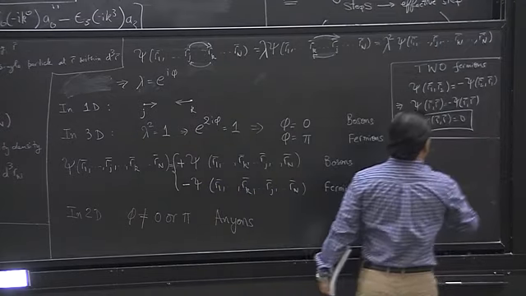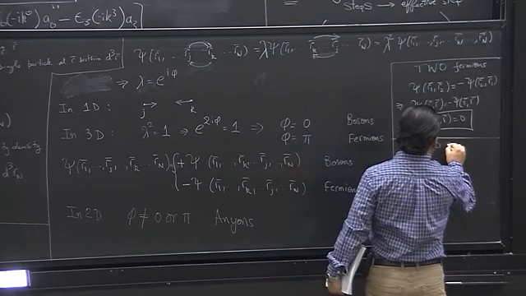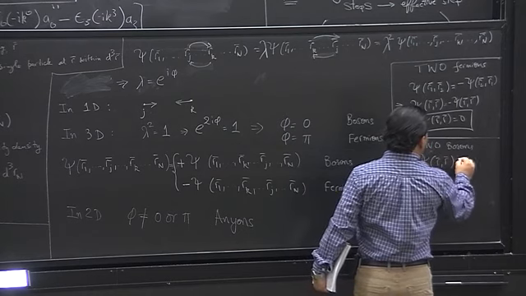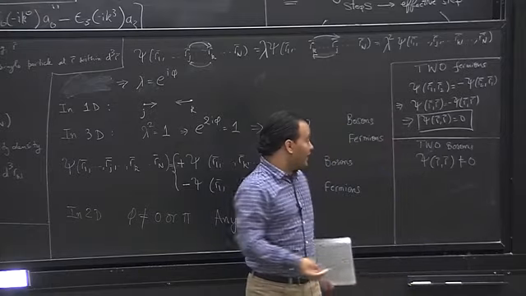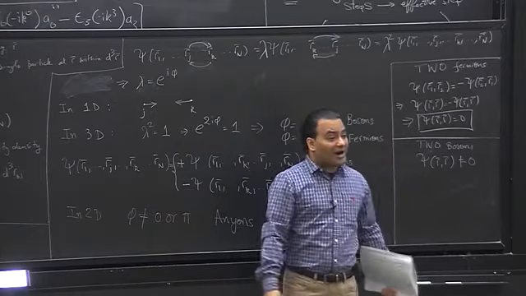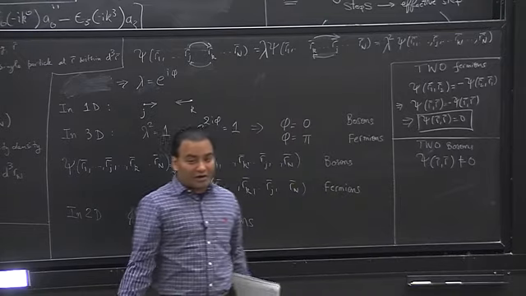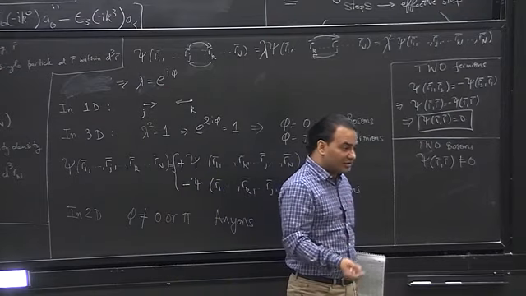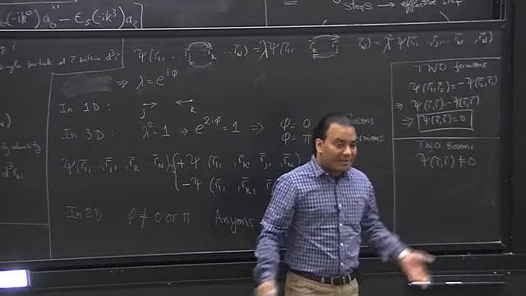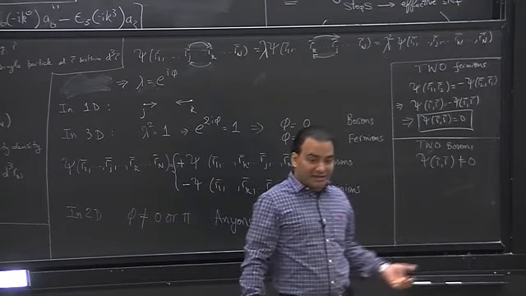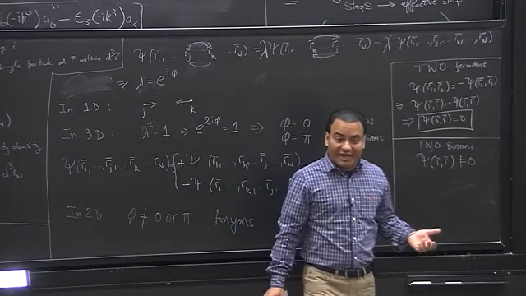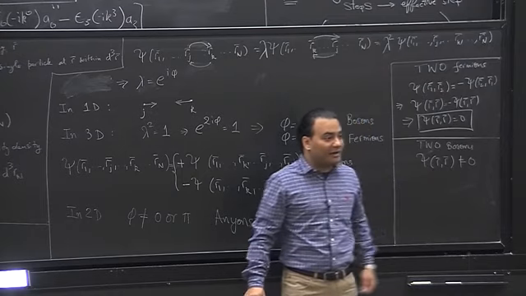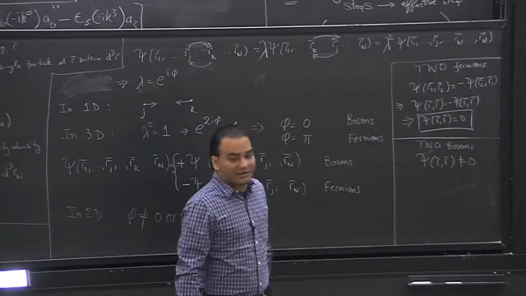Now, for bosons, this does not happen. For bosons, you can have two particles at the same coordinate and, by extension, two particles in the same state. And this has important consequences, which you might have learned in a StatMech course. This leads to Bose-Einstein condensation. What that means is at low temperature, you have many identical bosons. They will minimize their free energy by occupying the same quantum state. Because they can occupy the same quantum state, they are not forbidden by any exclusion principle, and this leads to